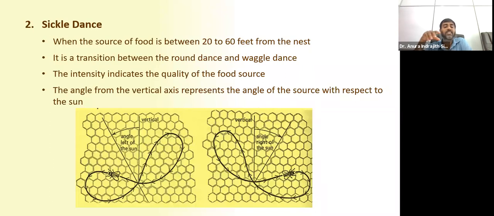Now, remember, they collect this information in the open environment, in a horizontal plane. And when they return to their hive, they have a dark condition and a vertical plane, right? So see how they can communicate this. It's very interesting. And the third type of dance is